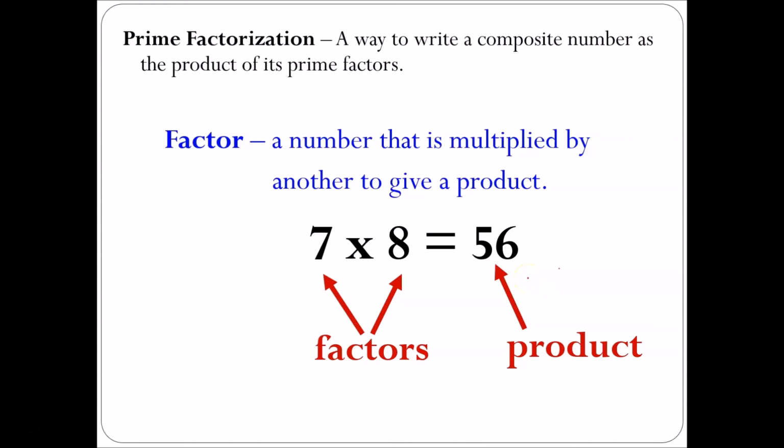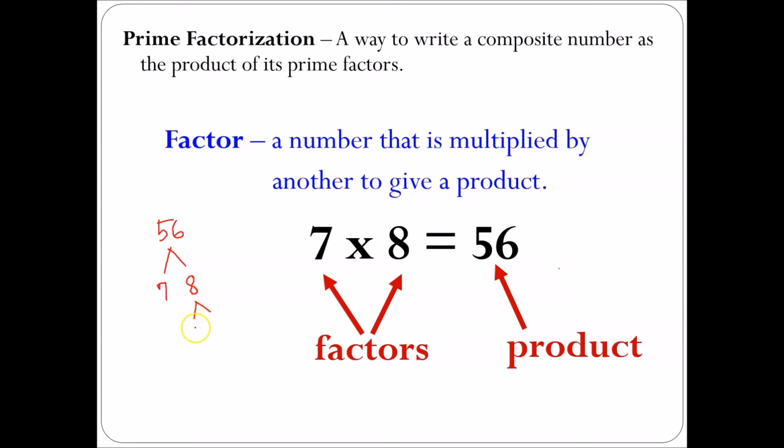But hold on, 7 and 8 are not prime factors yet. So let's find the prime factors. For 56, we can use a factor tree. Can you still remember factor trees from elementary years? 56, okay, so we have 7 and 8. We know that 7 is prime, so we stop there, but 8 is still a composite number, so we can